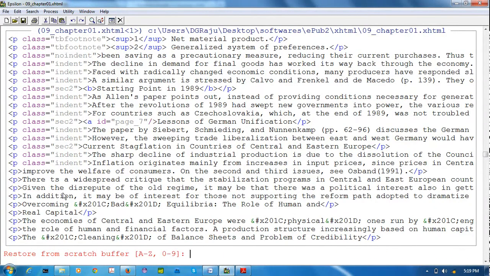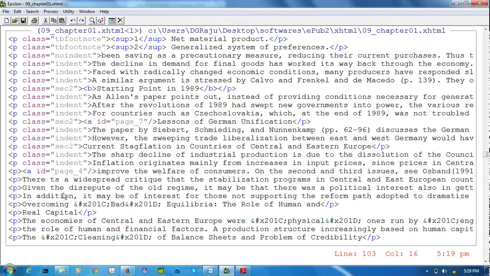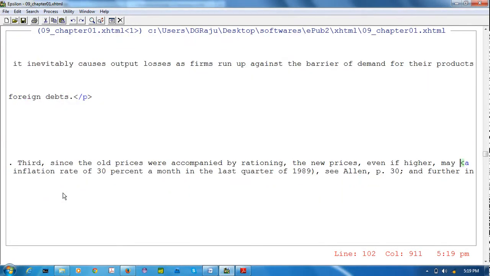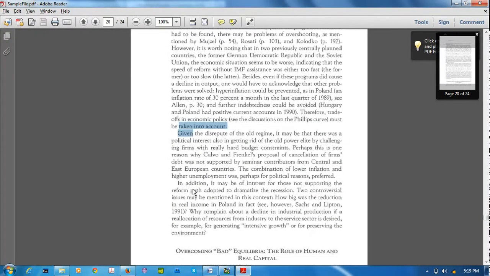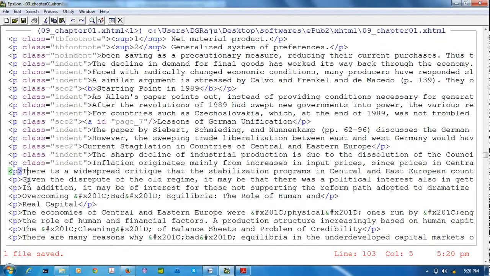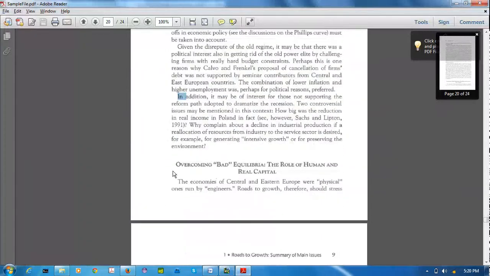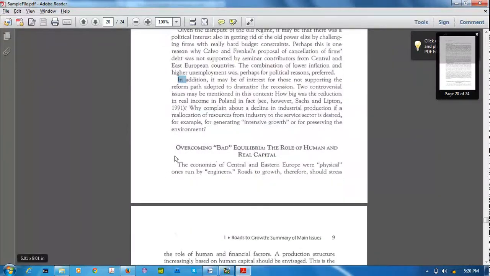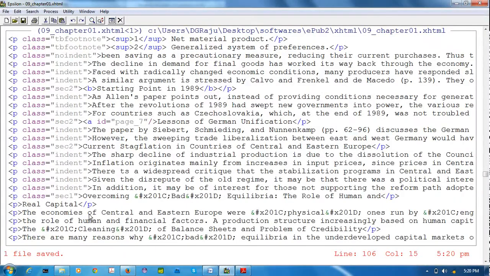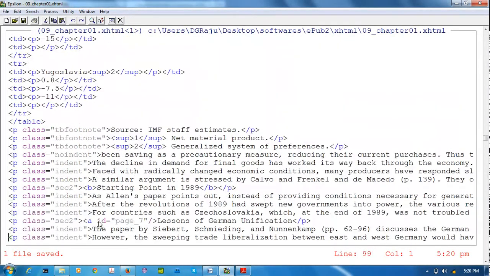So Control X Y 1, 8. Their given insertion. These three also indent 3 times. This is section 1. So class equal to section 1. Why? Because it is in center and in small caps. I am giving one enter here.